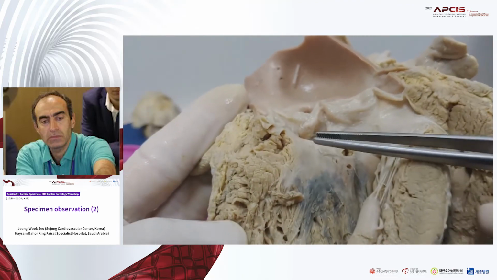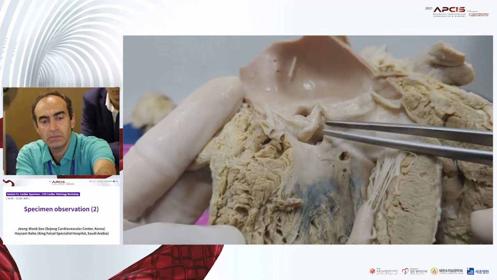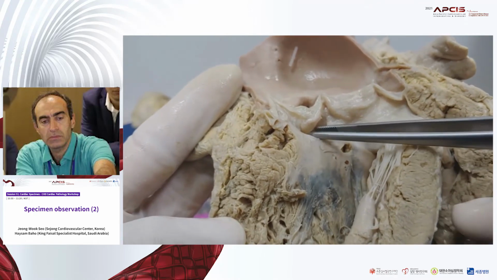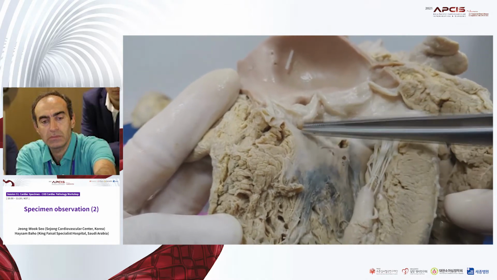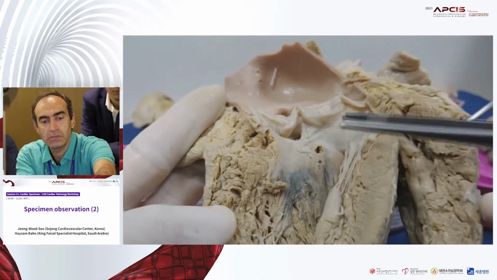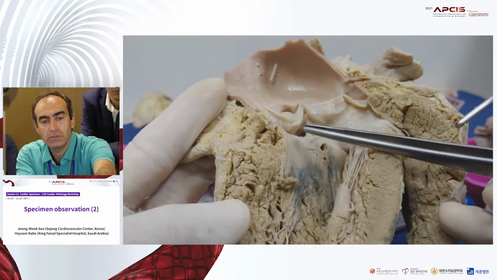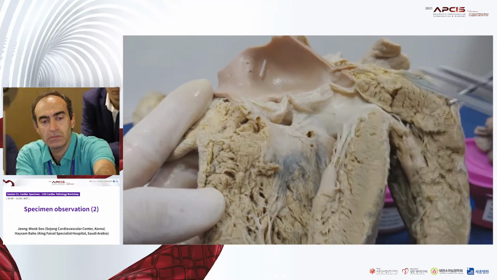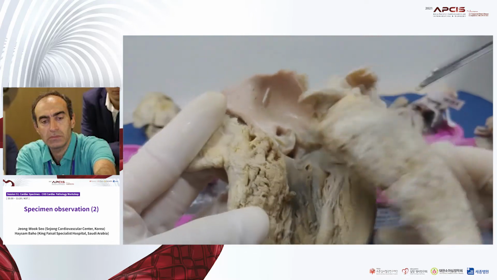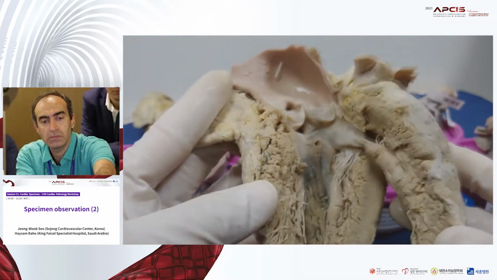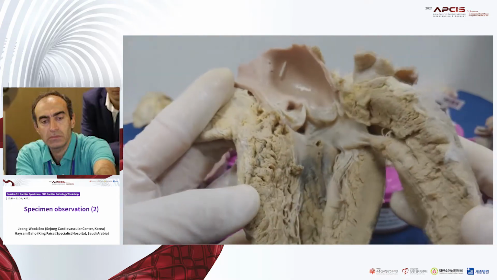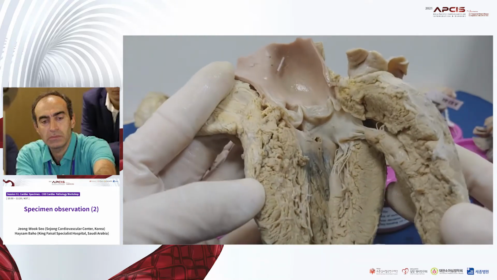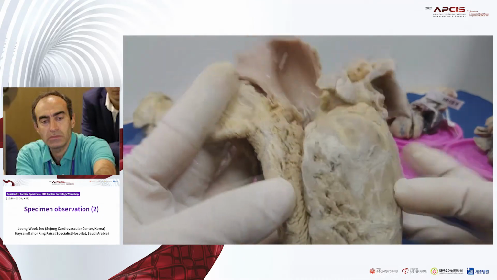defect. This is a common complication of a VSD, causing a prolapse of the right coronary cusp due to the continuous flow or jet from the left ventricle to the right ventricle through this defect. However, the defect now is closed, so it is possible for perimembranous defects to close spontaneously throughout life. This is one example of how it did happen when the patient reached adulthood and the defect is completely